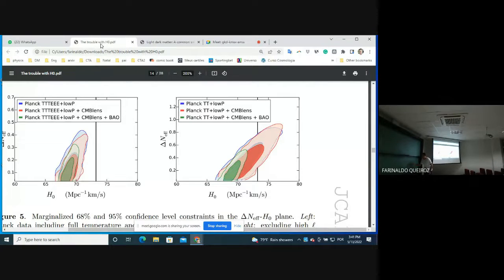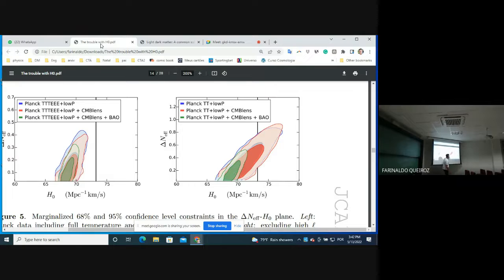Delta N effective is whatever is larger than 3. So if delta N effective is 0.2, it means that N effective is 3 plus 0.2. If delta N effective is 0.5 or 0.6, then N effective is 3 plus 0.6. But what we measured in 2016 was that the delta, the number of relativistic species